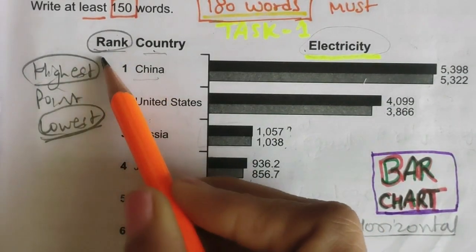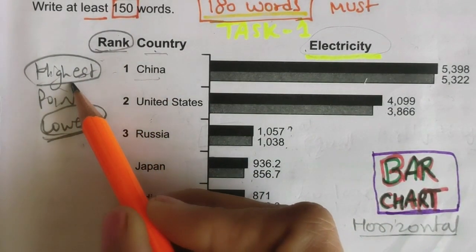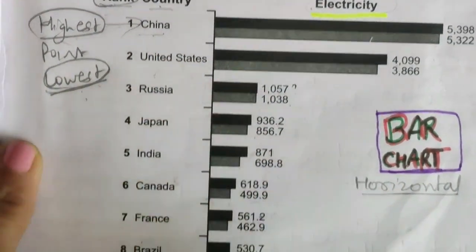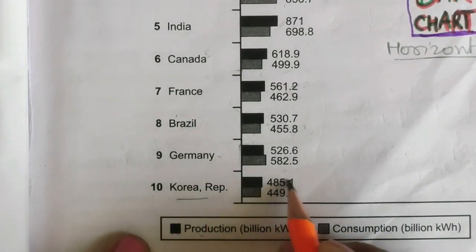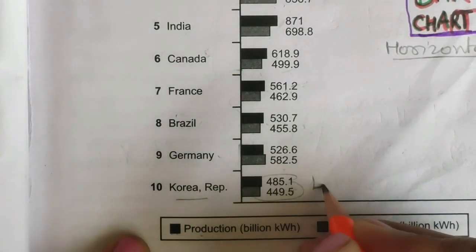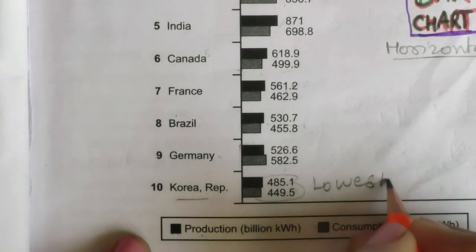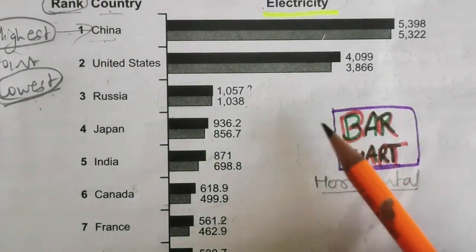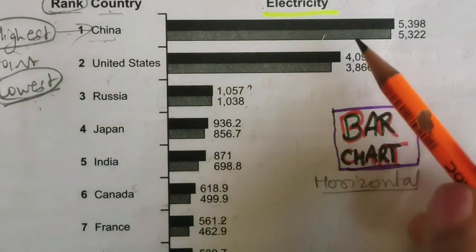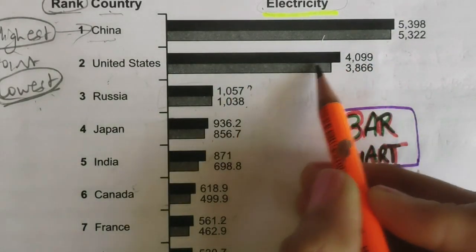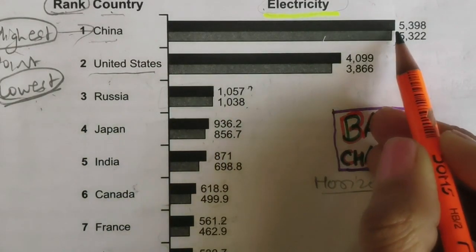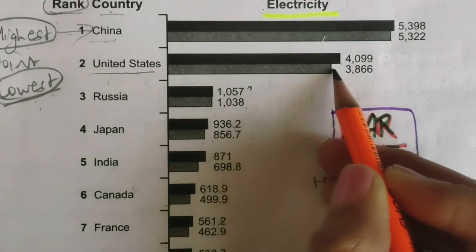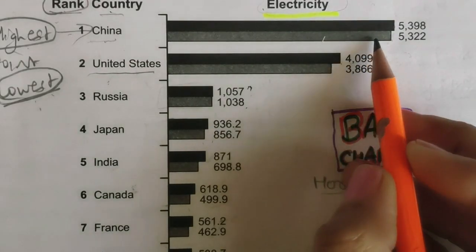Now rank also, rank means high, first rank and the lowest rank, or you can say highest point or lowest point, okay। First is China, so that is China, and the lowest is, they have given Korea, means these are the least one, okay। So this is lowest, I am just writing in front of it। मैं इसके सामने लिख देती हूँ ताकि मुझे जब मैं इसको लिखूंगी तो मुझे याद रहेगा। अब और क्या स्ट्राइकिंग पॉइंट्स है, फर्स्ट में ये है, एंड देन सेकंड में यूनाइटेड स्टेट है। कैसे, देखो यहाँ प्रोडक्शन ज़्यादा हुई और यूसेज इतनी हुई, यहाँ प्रोडक्शन ज़्यादा है एंड कंजम्पशन जो है वो थोड़ी सी कम है।